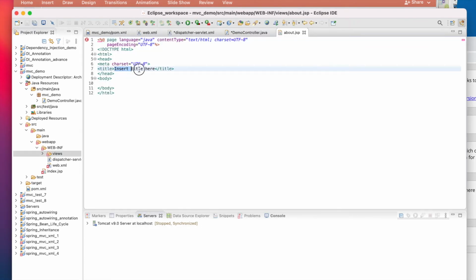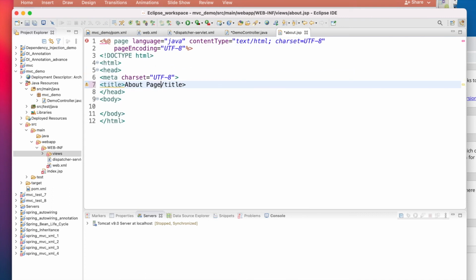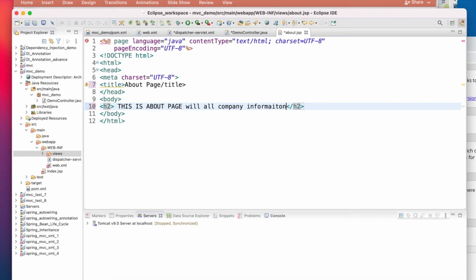And you can say this is the about page, and you can add anything, some information. Okay, this is the about page.